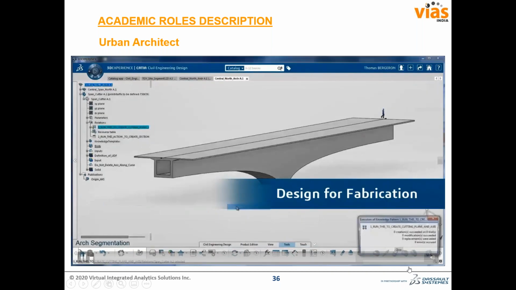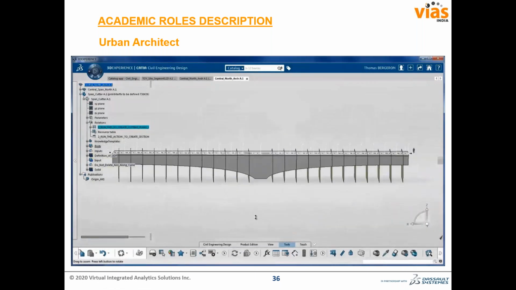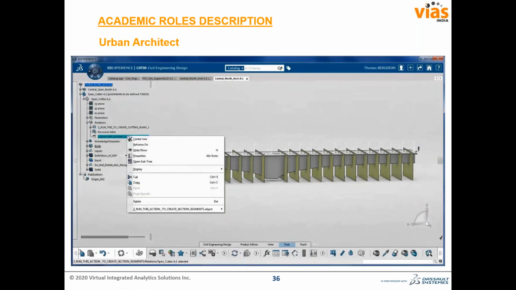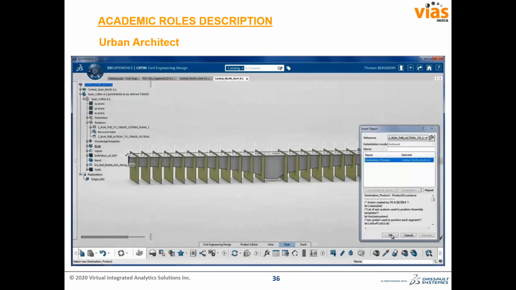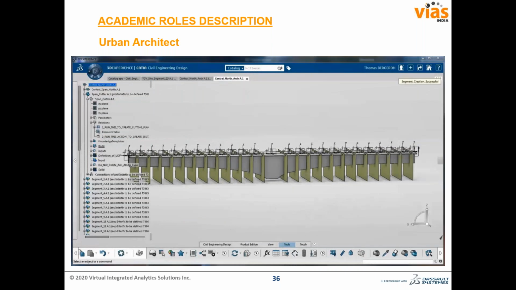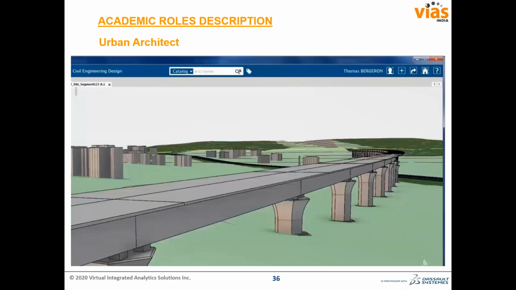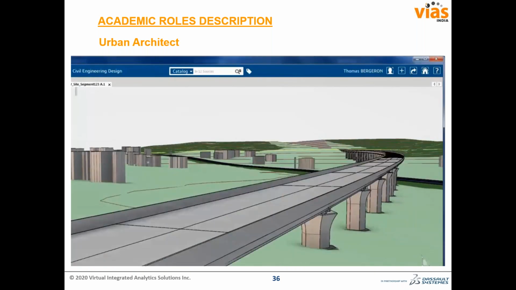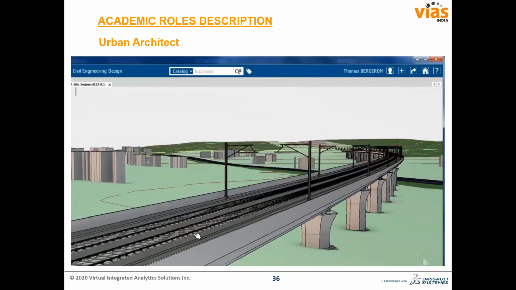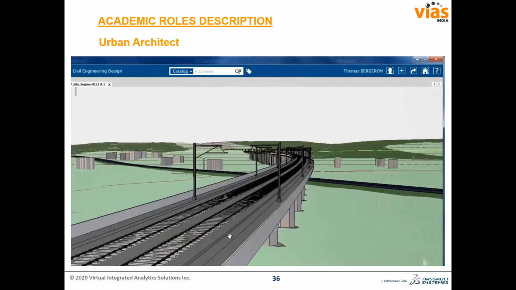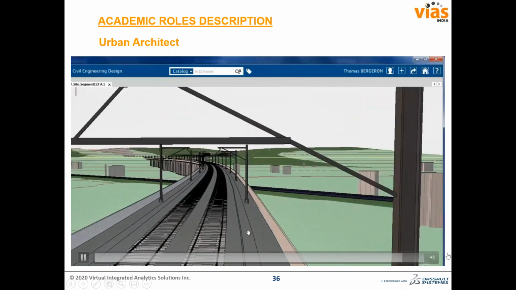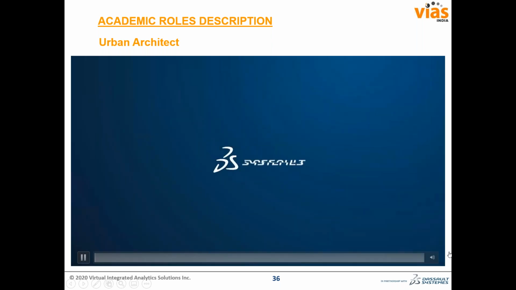Civil design for fabrication connects conceptual design models to fabrication data and to construction costs, quantities, specifications, and schedules. You can generate prefabrication models from the integrated BIM master data. With integrated design processes, you help reduce rework and waste and improve design process efficiency. See how civil design for fabrication industry solution experience from Dassault Systèmes can help improve your civil design and infrastructure projects. Learn more at